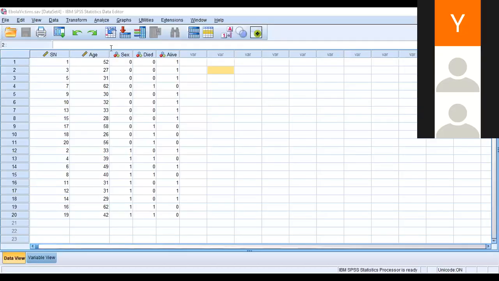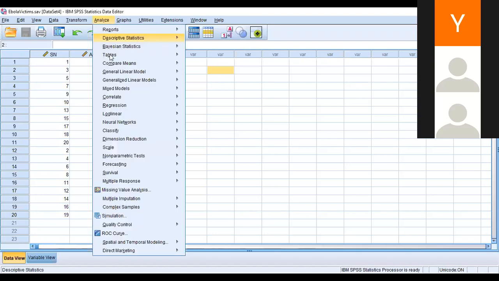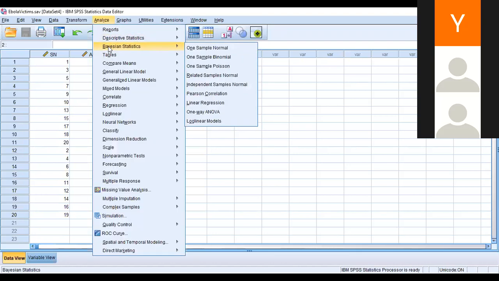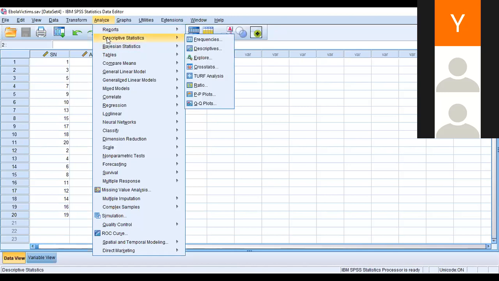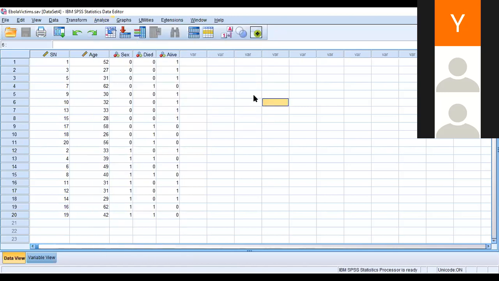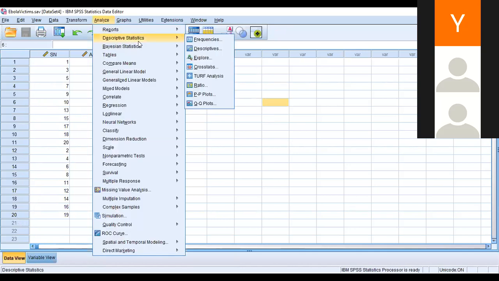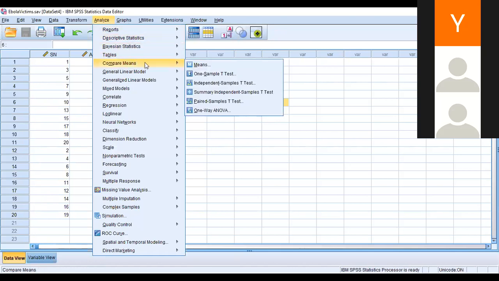Can you see it now? Can you see the data set? Can you see analyze now? Yes, sir. I can see it now. Oh, that means it wasn't the data set. It was another one you were seeing. I opened through another one. Okay. This is 20. Can you see 20 of them? These are the age. So analyze, compare means.